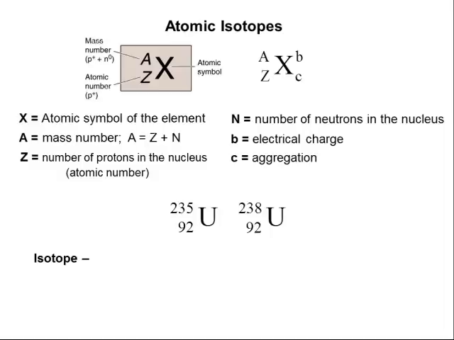And even with these isotopes, those differences of neutrons can be significant. These uranium isotopes have slightly different properties. One's going to be a weapons grade type uranium, the other one's going to be still radioactive but relatively inert. You can't weaponize it.